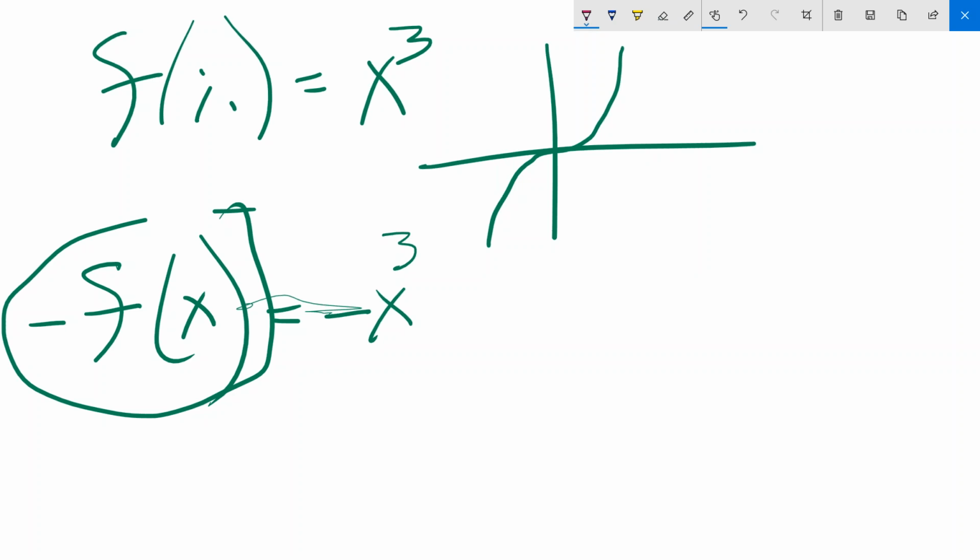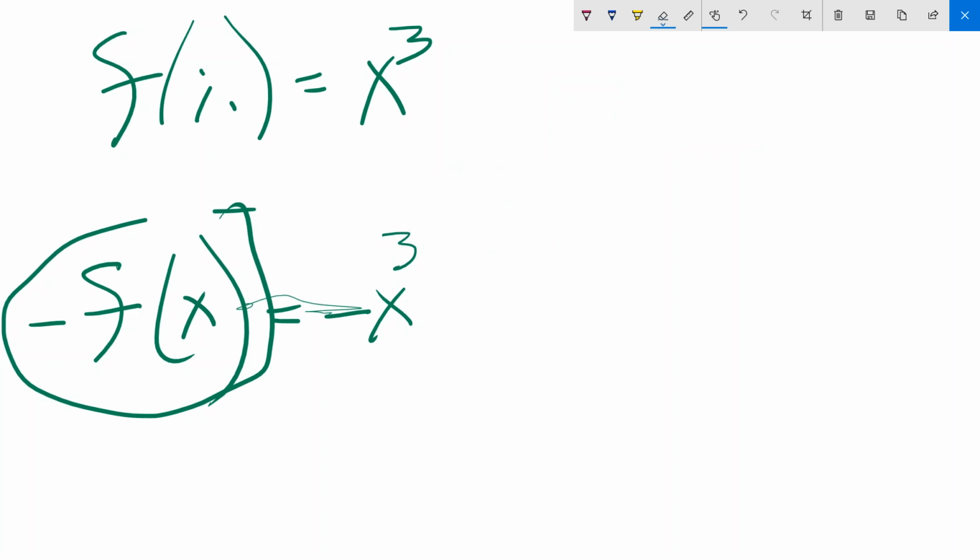Now, how would I graph that? Would you just take the one that you already have and basically flip it the other way? Describe it better than that. Flipping it the other way does not describe it. Reflecting about which axis? Reflect it on the y-axis. Nope, that's horizontal. On the x-axis. Let me see if I can show you. I can't show you my hand here, but